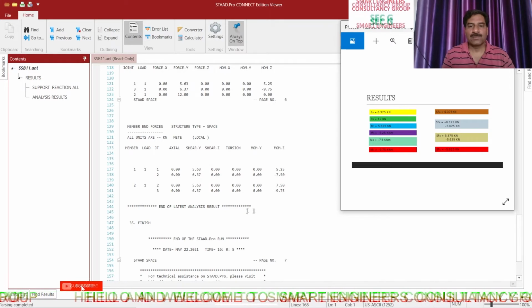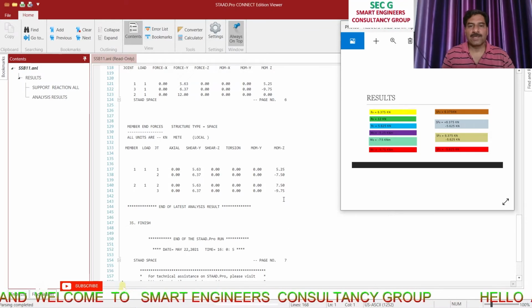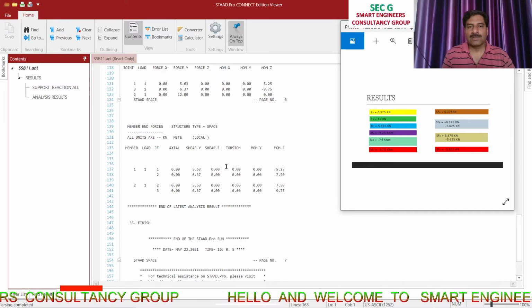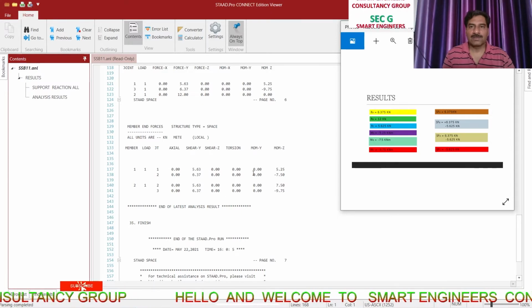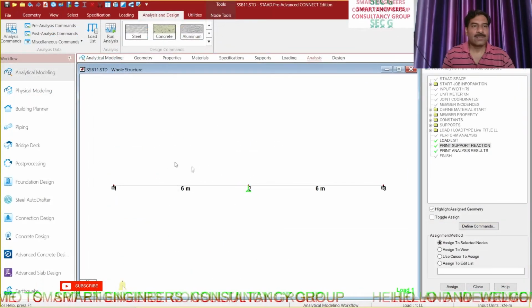It means at point 2 there is no bending moment, and at A there is bending moment, and bending moment at C is 90%. So now you can see the manual calculation results and the software calculation results are matching, and it's okay. Then you close it. Now you can go directly for the results.